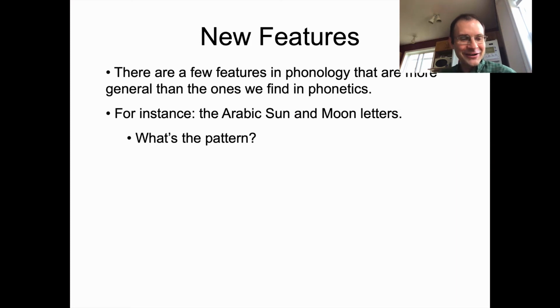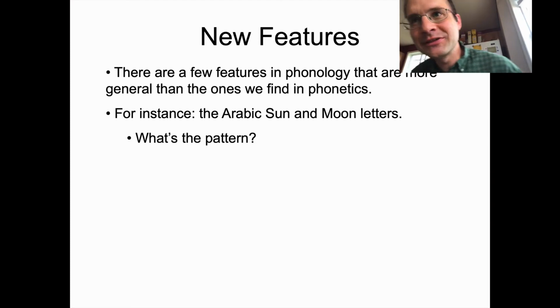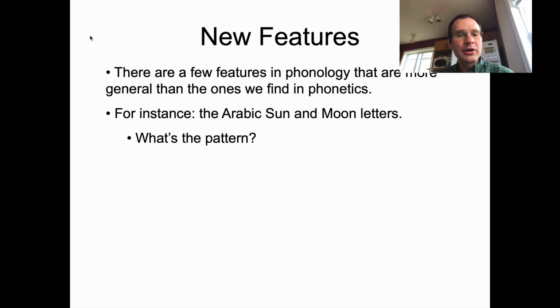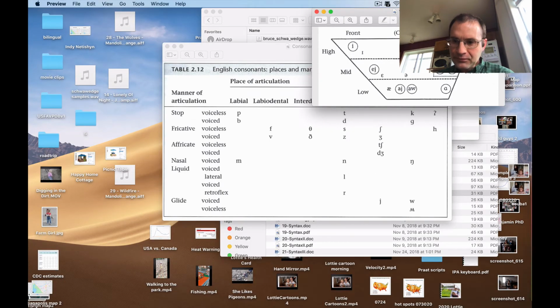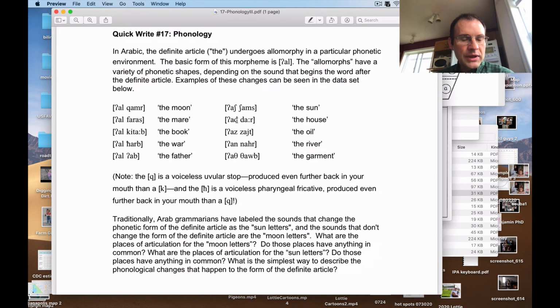And I'm glad that I caught the Arabic quick write before I walked into this slide, because that's what this quick write is supposed to show you, basically. So in Arabic, if we'll go to this one over here, we have what are called the sun and the moon letters. So the moon letters are basically the forms over here on the left, where we get the sort of underlying or expected form of the definite article in Arabic, al, and that ends in an L in every single case. But over here for the sun letters, that last L